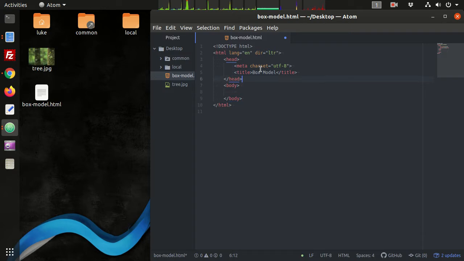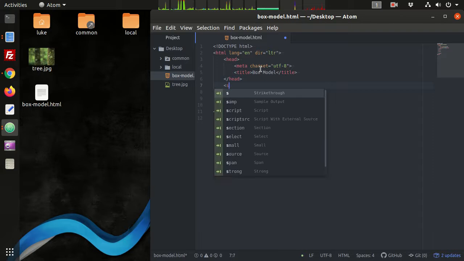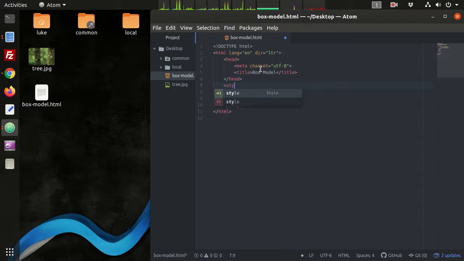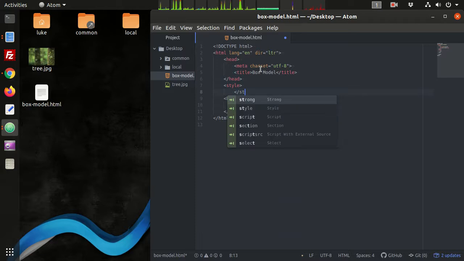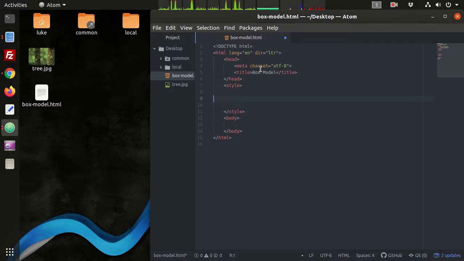and then we're going to be using a lot of CSS here, so we're going to add the style element. Inside the style element, you place CSS. Okay. And so what we can do right away is